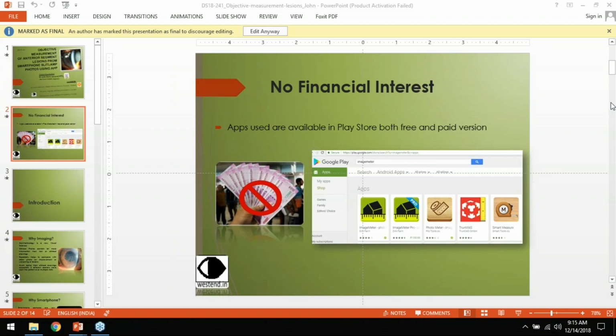One is, has this been helpful in documenting change in pathology improvement with your treatment? Yes. So when you can measure the corneal ulcers, you can actually decide whether the corneal ulcer is improving with your treatment, whether the area of infiltration is reducing or it is increasing. If you just note it down on paper, it's not very reliable. But once you have images and you have measurements, it is very useful to know what is happening with your treatment. And yes, you can use both Android and iPhone interchangeably. This app is available for both.